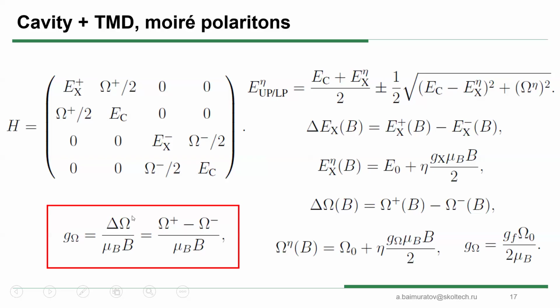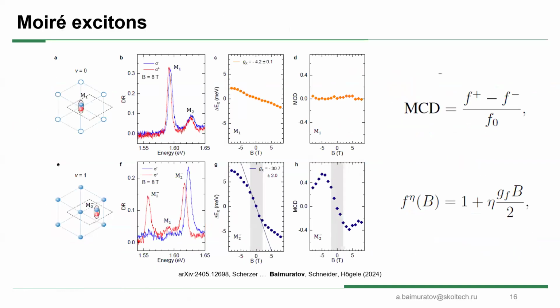And here you see you can directly introduce a G factor for Rabi splitting. And here it's dimensionless, it's good. And this G factor for Rabi splitting and for oscillator strength, they have this connection. This is without gating field, only with exciton, right? This is with gates and for the M2 minus situation.